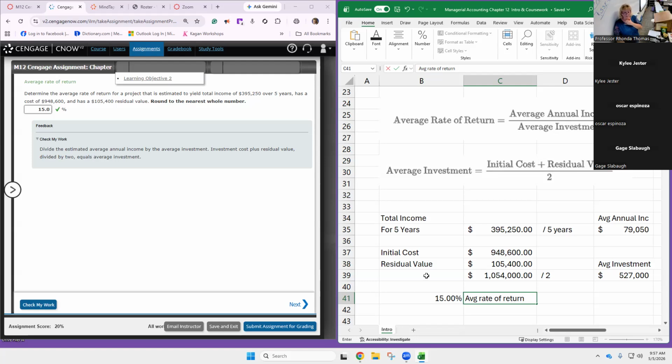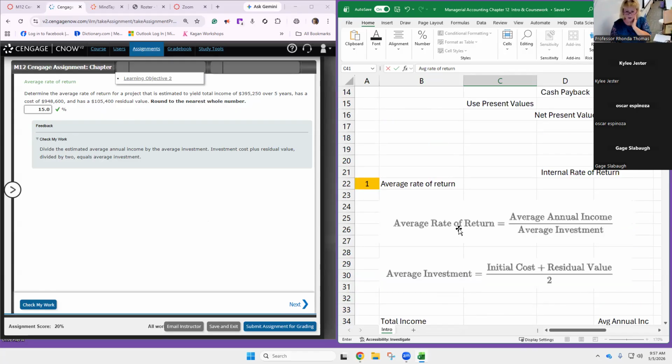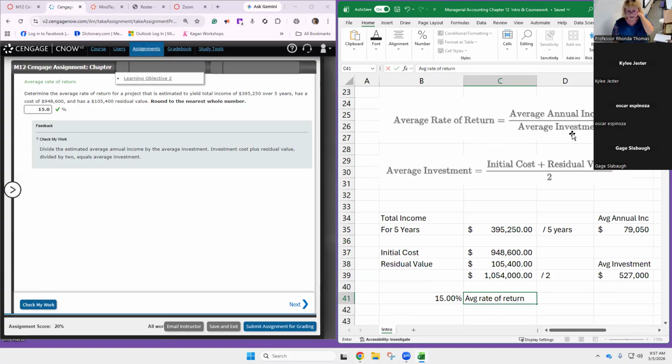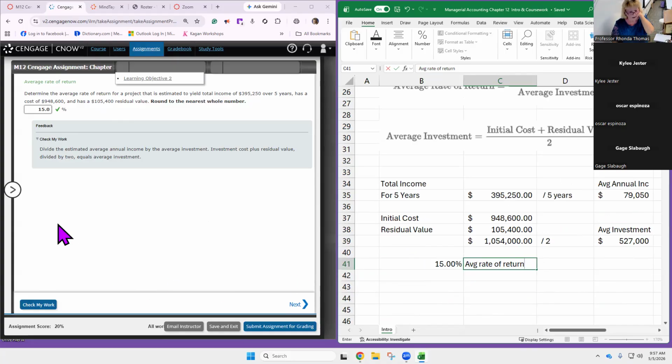Here's the thing. Let's say that a business has a certain threshold of a return. So let's say a business won't do a project unless it surpasses 5%. Okay, let's just say. So this is another way to decide whether you would do a project or not. This one's not too bad. Just have to remember to divide by 2 for that average investment there.